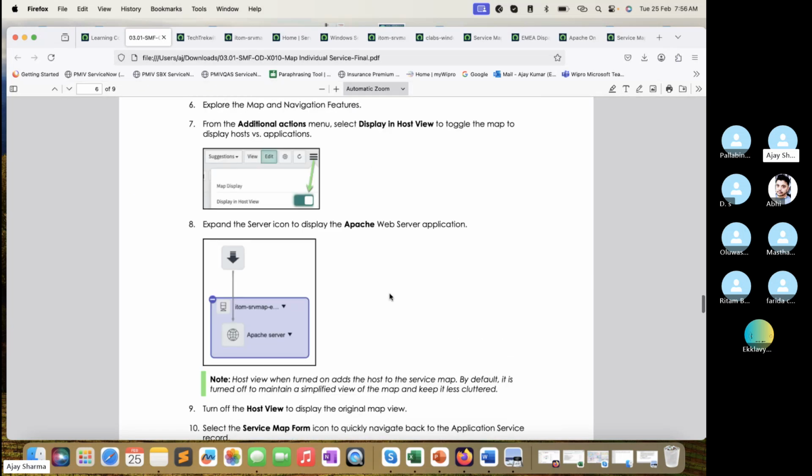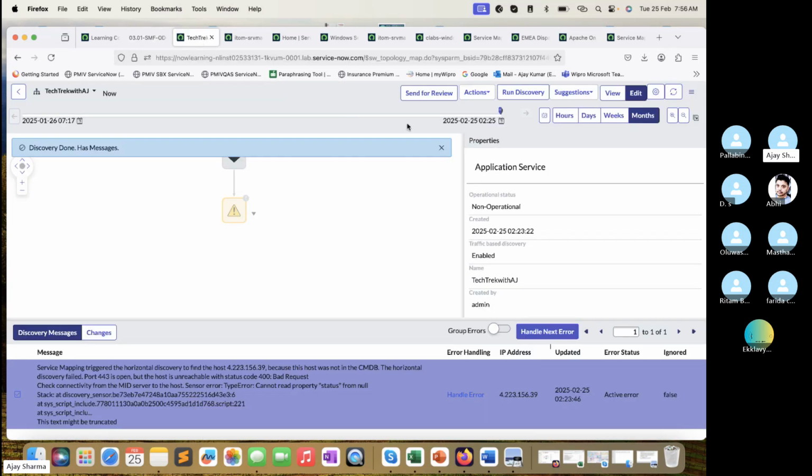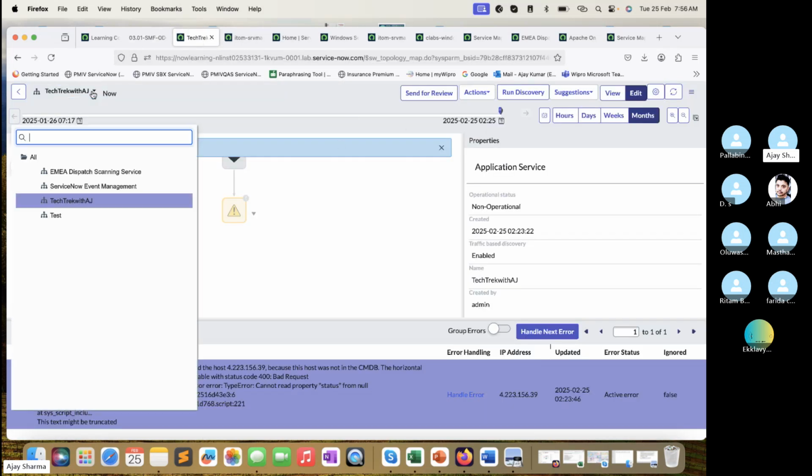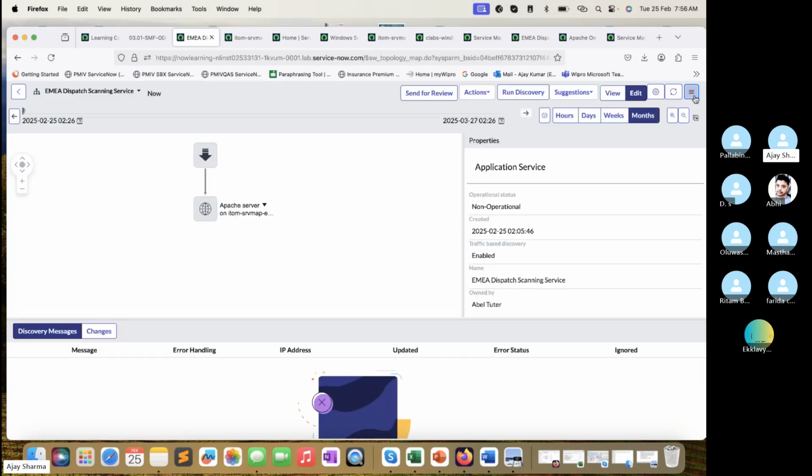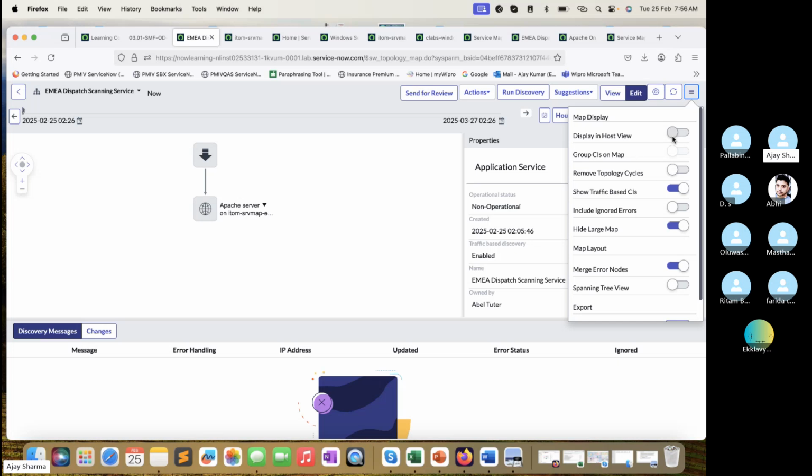logs as well. Then you can enable the display in the host view. If I enable this one as a display in the host view, and I go here, and if I enable it, see this is changed to the server. ITOM SVR IEME is my server, Windows server where Apache is running, right? Once I click on the display in host view, if I just disable, this is moved to that application basically,